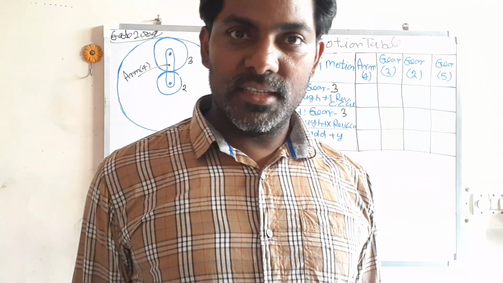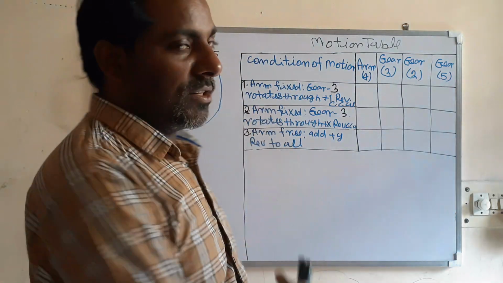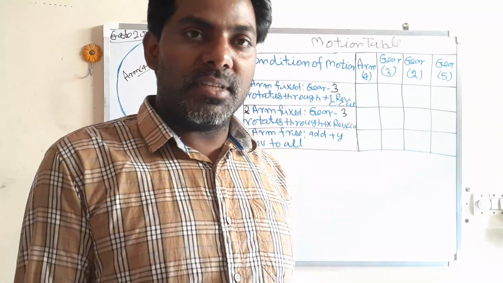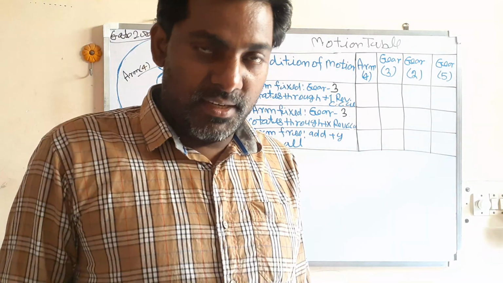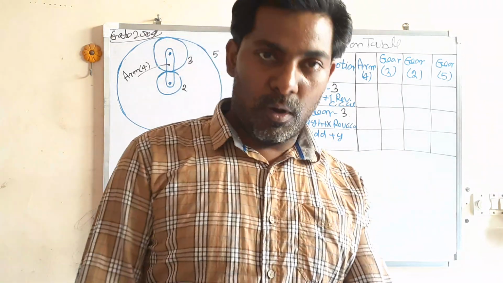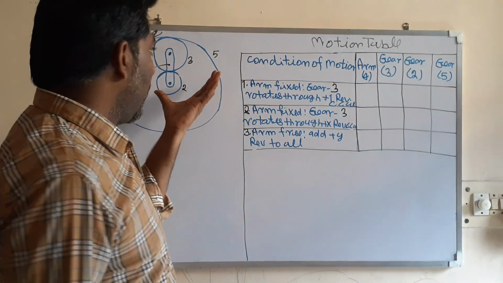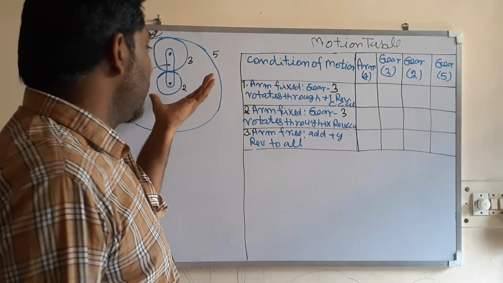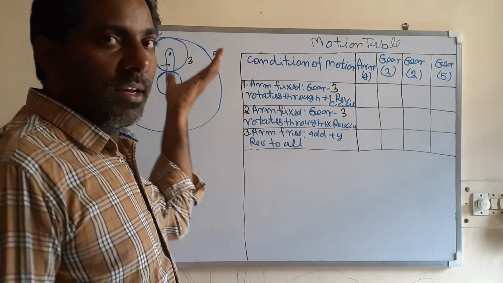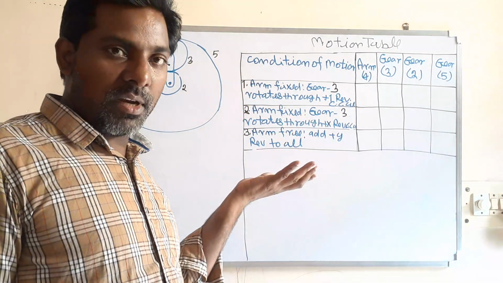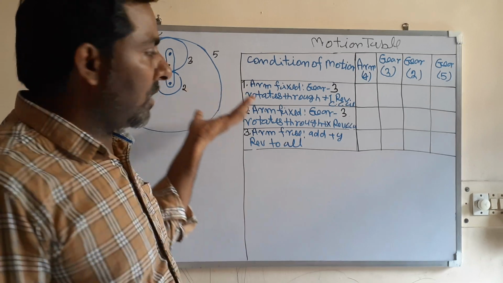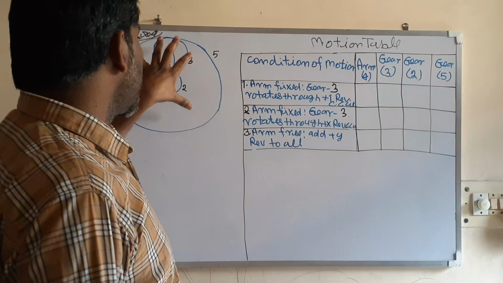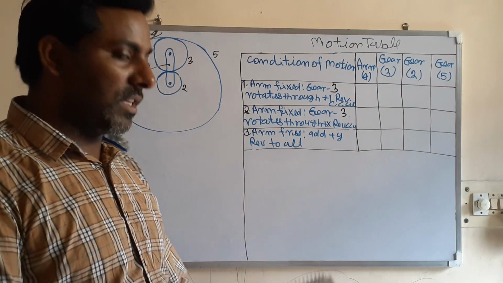So I've taken one lecture on this epicyclic gear train, and today I'm going to solve one problem. I also solved one problem with the illustration I gave in my previous lecture. Today I am going to solve one more problem. This question has been asked many times, not just once, in competitive examinations, like in GATE 2009, and a similar question was in GATE 2001. They have asked it many times in IES conventional and IES objective also. So this question is very important.